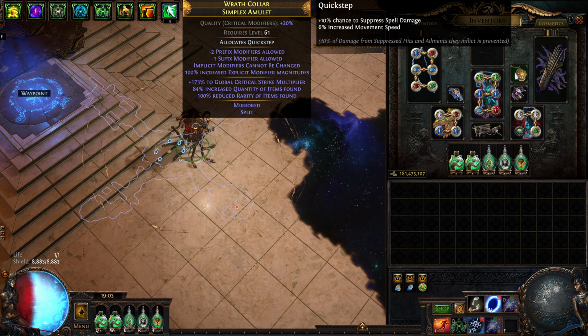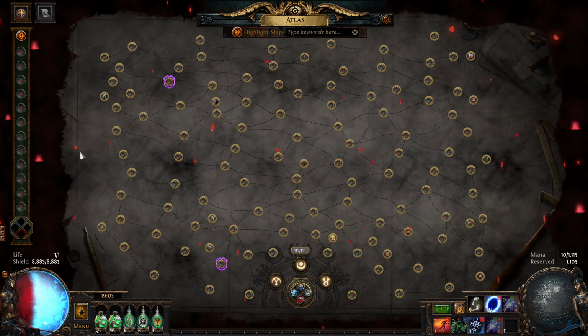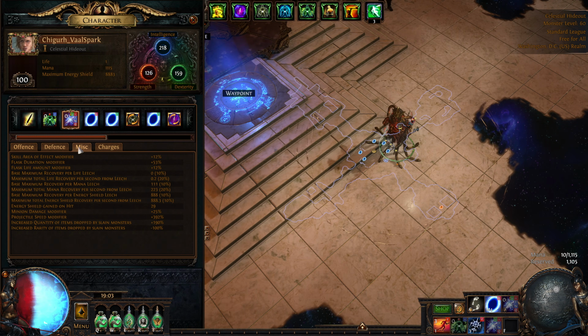So I currently have on this character 190 quantity, but this reduced rarity is actually a quantity multiplier on top of the quantity that I already have. So currently I have 190 quantity on my character. I can show that to you. It is right here. And this negative 100 rarity,